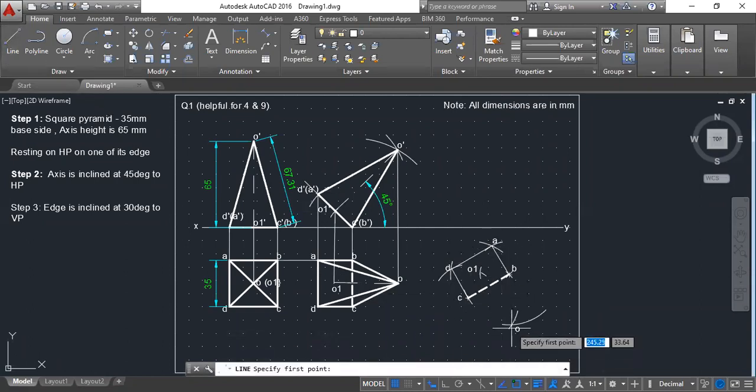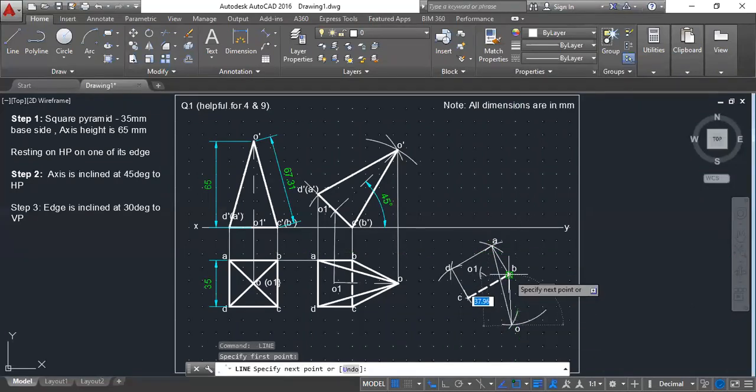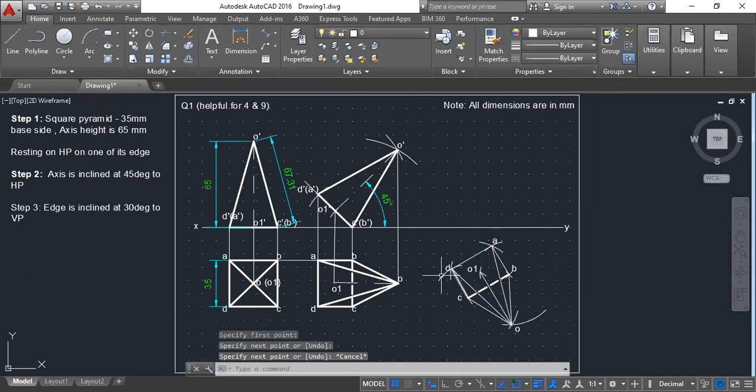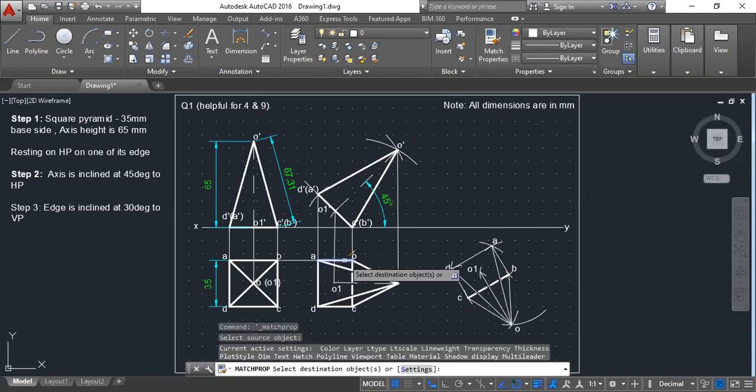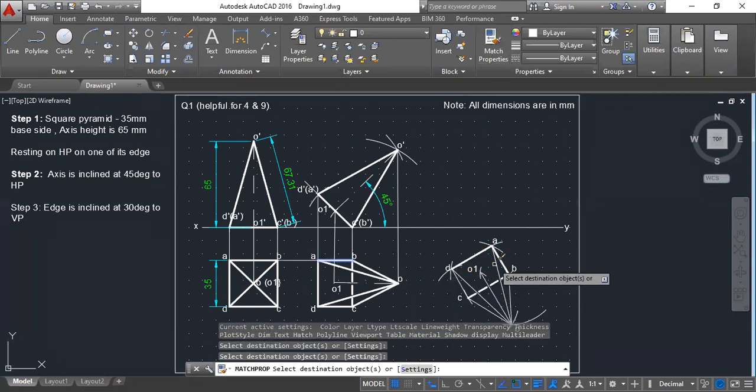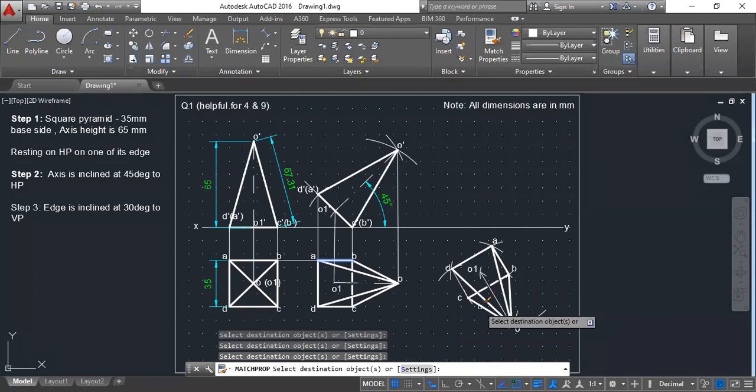Second is join apex to each and every corner. So just make sure you are joining each and every corner to apex. A to B, O to C, then O to D. Okay, the last one is join apex to the axis. So first draw the base, then draw lines from apex to each and every point, then axis. Final thing is just see the previous step. Whichever is continuous, just make them continuous. Whichever is hidden, just make them hidden. Whichever is axis, just make it axis.